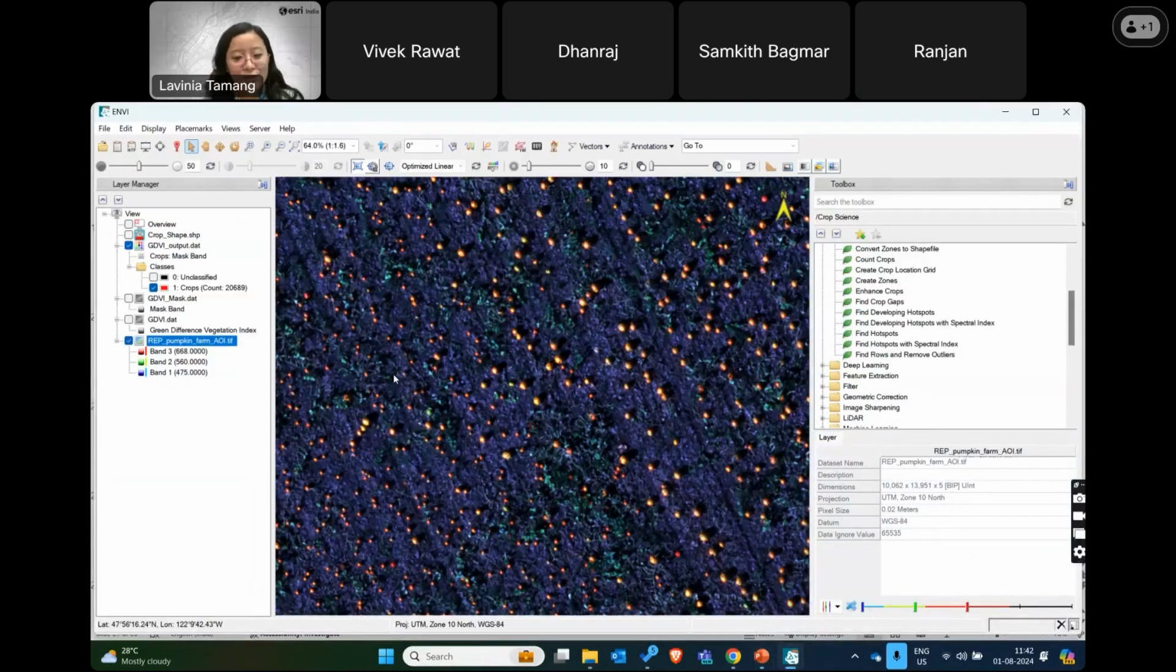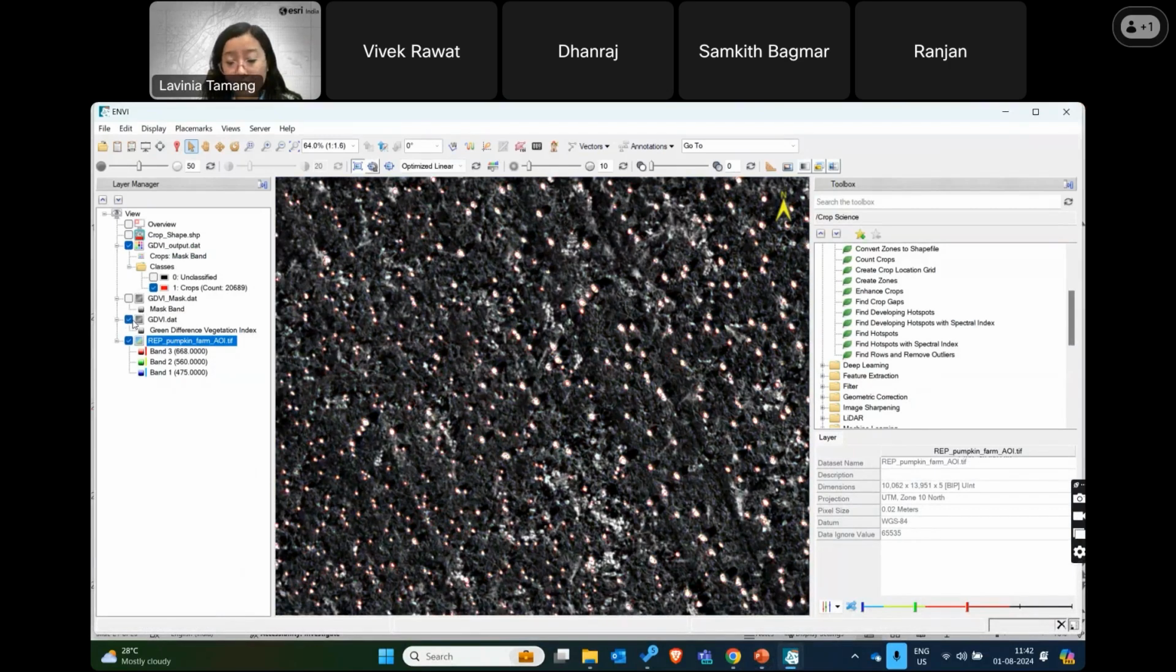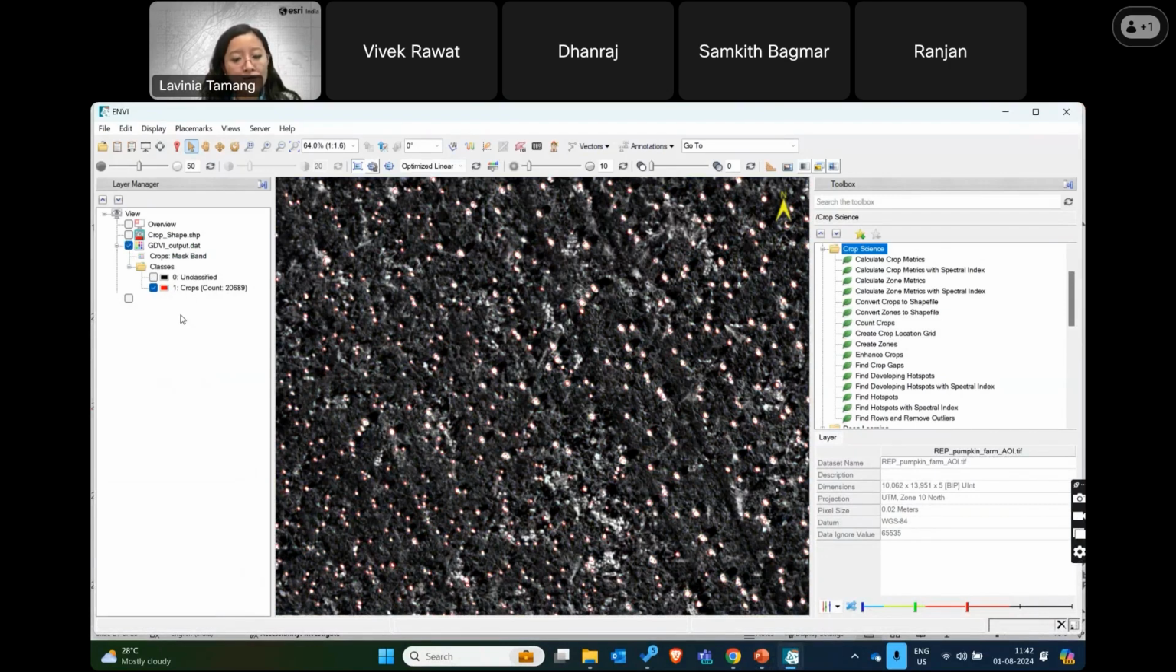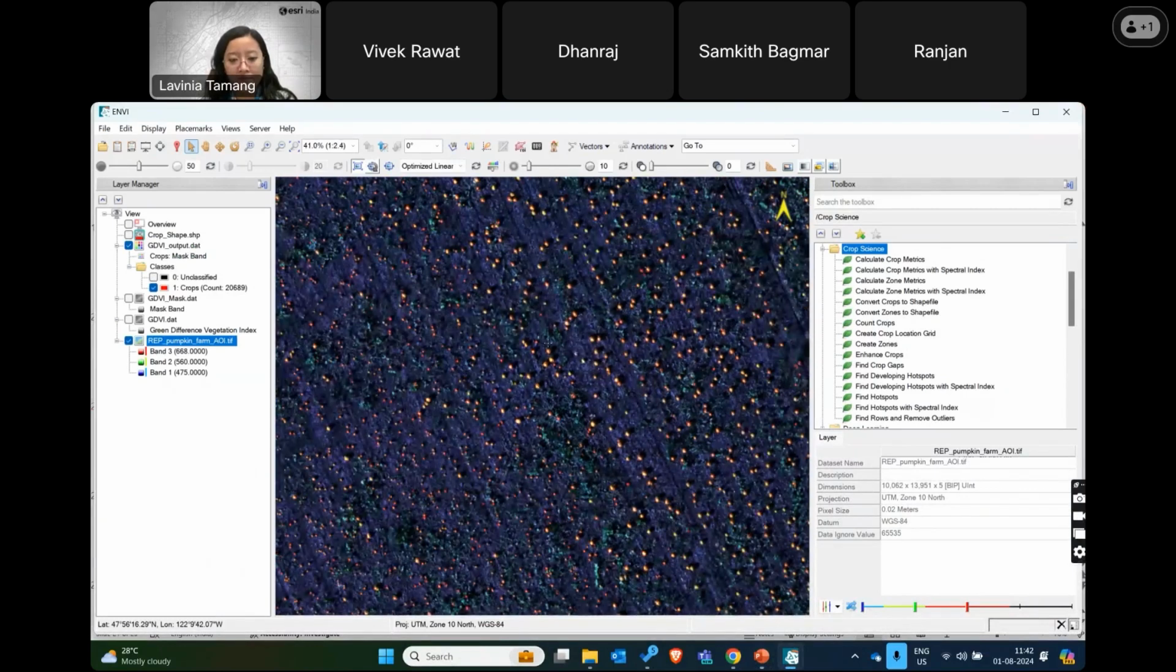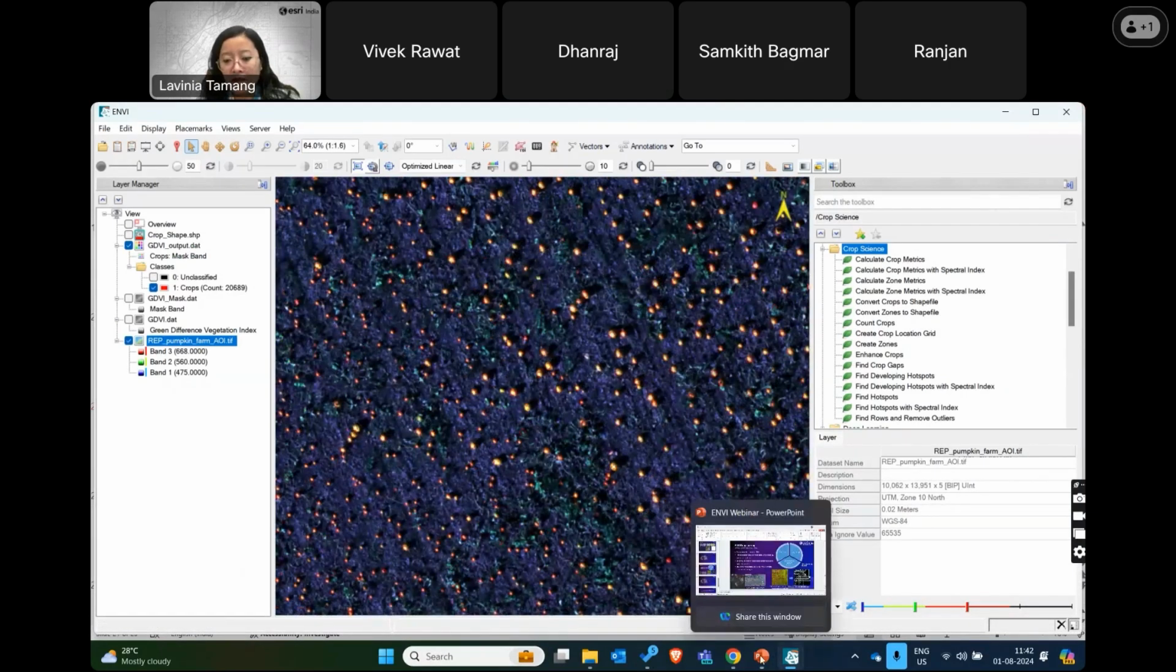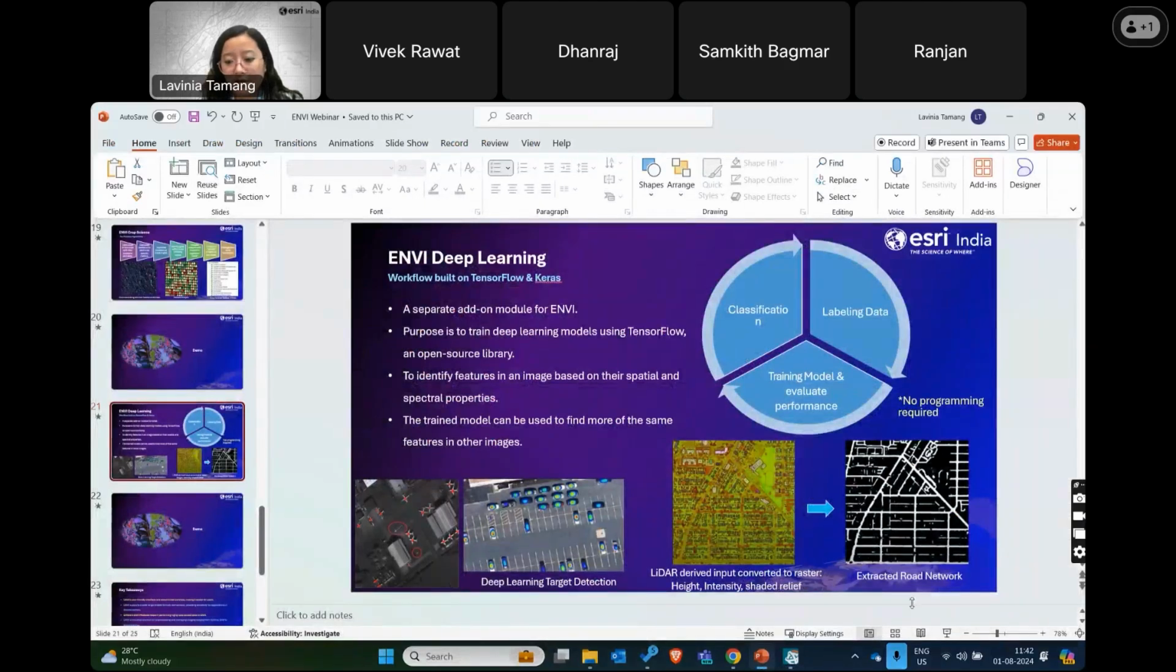So this is my input where I have extracted the GDVI, green difference vegetation index, and then generated a count using this count crops tool. I have generated this output where I get the count of the crops along with its locations and its shape, right? Now, moving ahead to the next